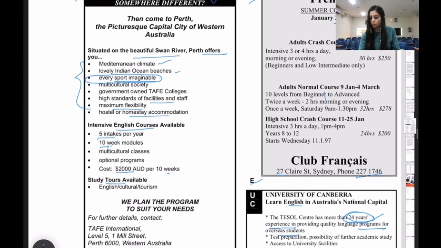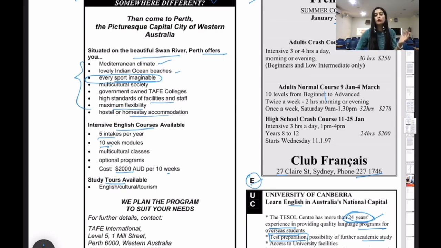Here let's move on to, yeah, I see test preparation in E. So you just have to scan, you just have to spot, don't read each and everything. I'm just looking for the keywords. Where have they mentioned something related to examination classes, test preparation, or entrance? They could use such words. So here they're talking about test preparation, possibility of further academic study. So test has been mentioned only in E and none of the other paragraphs.